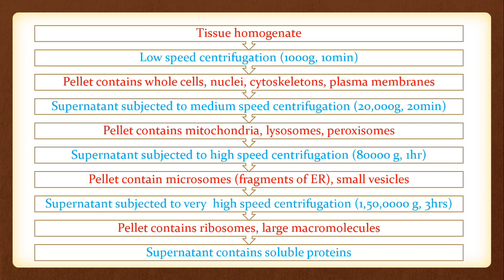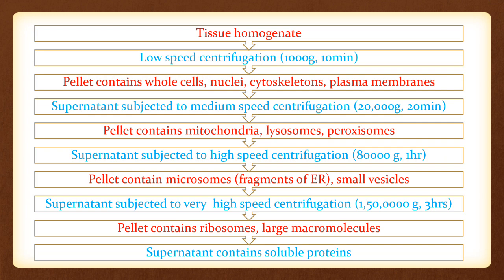Here you can see, first the crude tissue homogenate contains crude cells with all membranes, organelles and proteins. When we centrifuge at low speed, that is 1000 G for 10 minutes, it separates into supernatant and pellet. The pellet contains whole cells, nuclei, cytoskeletons and plasma membrane,